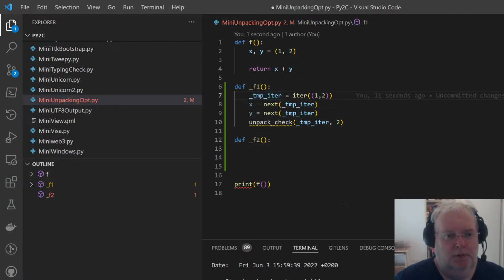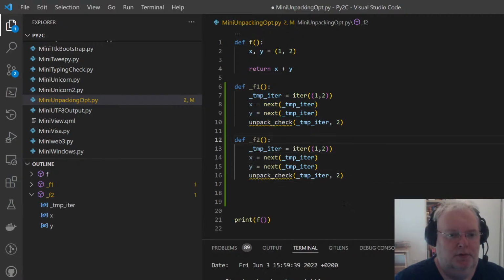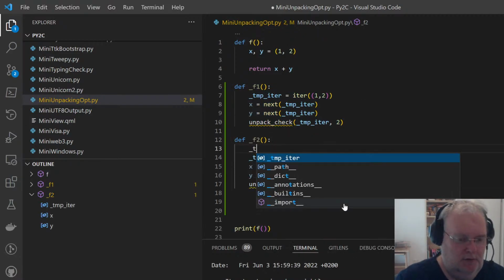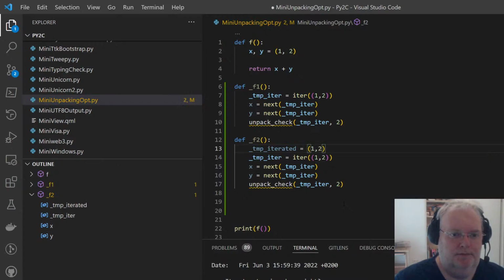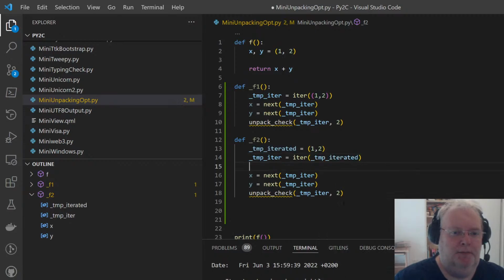So we put this here, and this one will now put a temp iterated, which is 1, 2. It will put itself like this. So nothing happened except we made an assignment that would be value propagated.